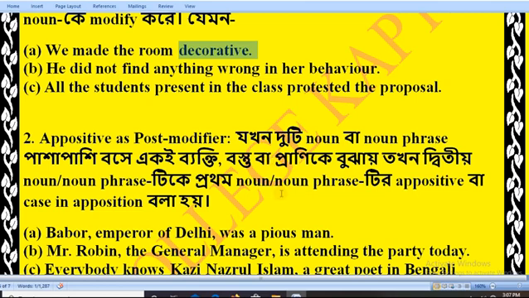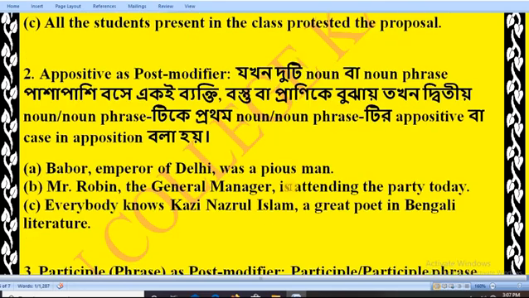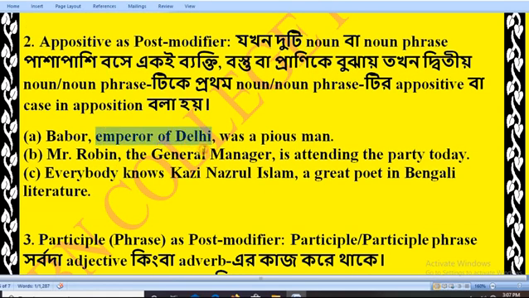ওকে, নাম্বার 2, অ্যাপোজিটিভ অ্যাজ পোস্ট মডিফায়ার। ওই যে আমরা অ্যাপোজিটিভ পড়েছিলাম, অ্যাপোজিটিভ অনেক সময় যখন দুটো নাউন বা নাউন ফ্রেজ পাশাপাশি বসে একই ব্যক্তি বা বস্তু বা প্রাণী বোঝায়, তখন দ্বিতীয় নাউন বা ফ্রেজটিকে নাউন অফ অ্যাপোজিটিভ বলে। যেমন এখানে অ্যাপোজিটিভ হলো পরেরটা, দ্বিতীয় নাউনটা। Babur, Emperor of Delhi, was a pious man. যখন দুটো নাউন বা নাউন ফ্রেজ পাশাপাশি বসে একই ব্যক্তি বা বস্তু বা প্রাণীকে বোঝায়, তখন দ্বিতীয় নাউন ফ্রেজটিকে বলা হচ্ছে অ্যাপোজিটিভ অ্যাজ পোস্ট মডিফায়ার।